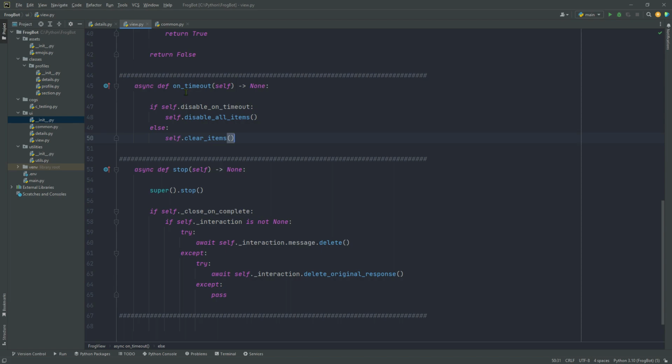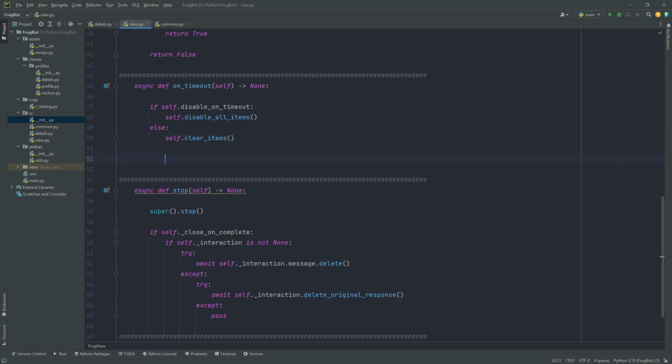I don't want to make the channel messy or make it confusing for the user, because there are a number of times when I've had users come back and use this bot and they've said, hey, the buttons aren't working anymore, and it's buttons that they sent perhaps yesterday or at another time, and they're timed out, but the buttons are still there. So that's silly behavior, in my opinion. We don't want to present the user with a button if they can't click it. So in that case, we're going to clear the items, and then in either case, whether we've disabled or cleared